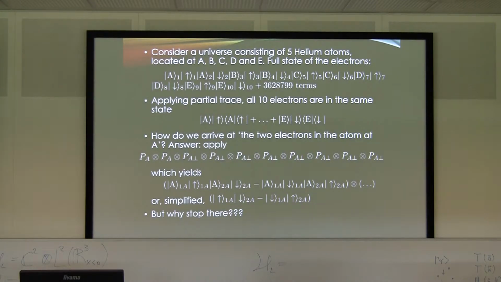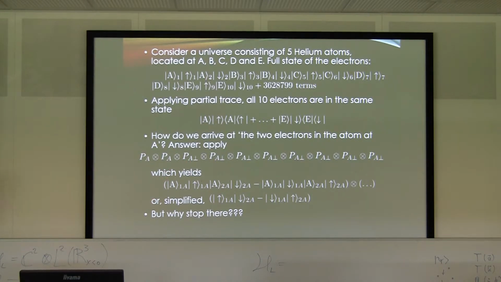But what we can do is the same as we did before, but with a bit more factors. So you can apply this tensor product of these 10 projectors, where we have 2 times, again, a set of 2 projectors which are orthogonal, which project onto 2 orthogonal subspaces, and together they are the unity operator. If we apply this big projector, then only 2 terms remain of these many terms.